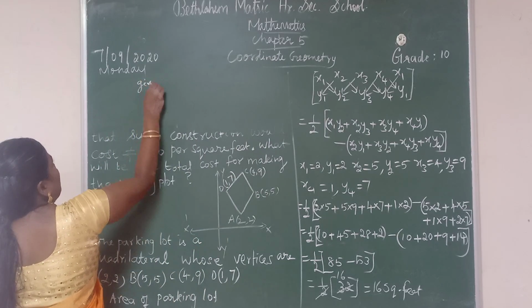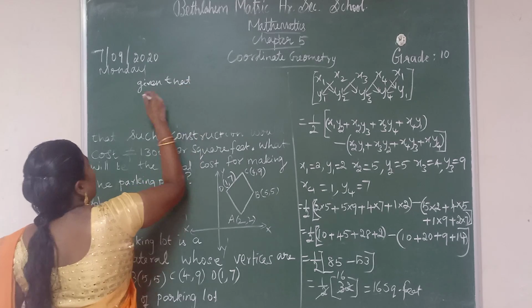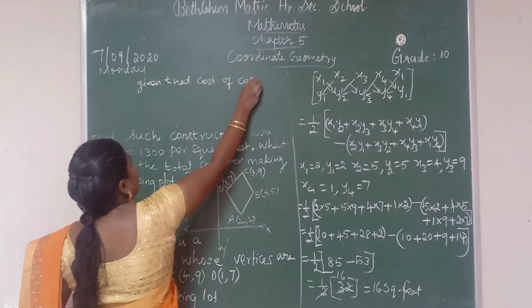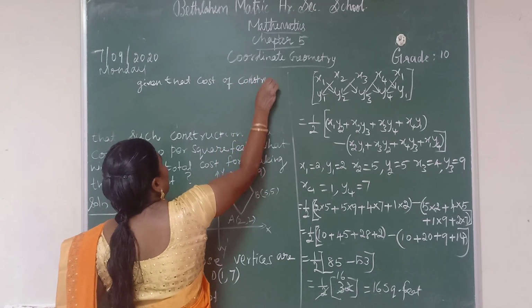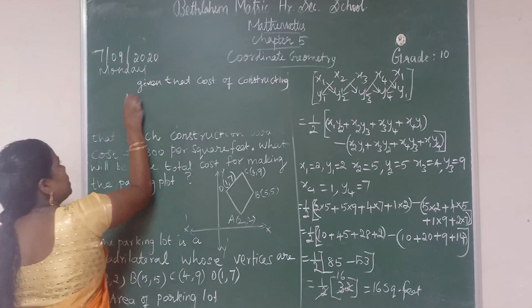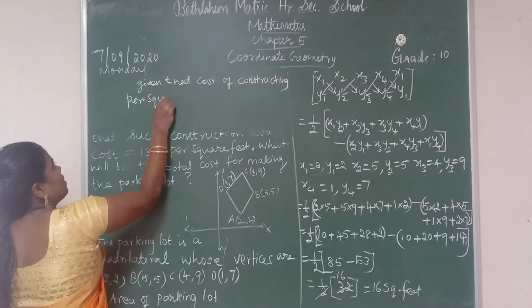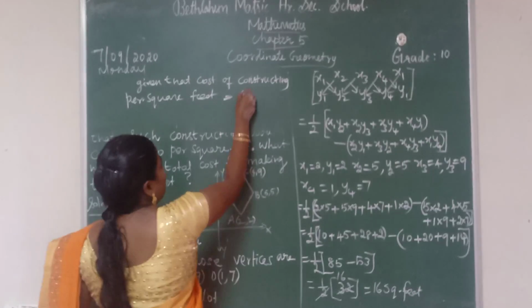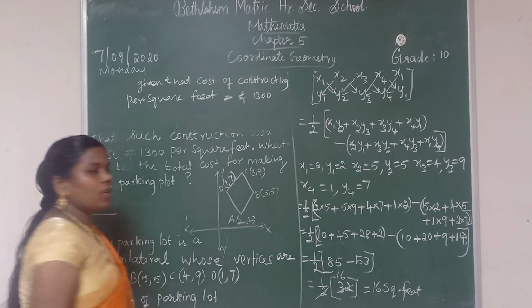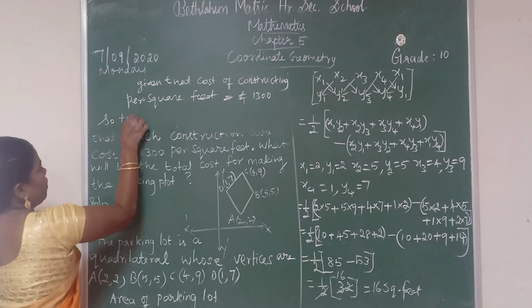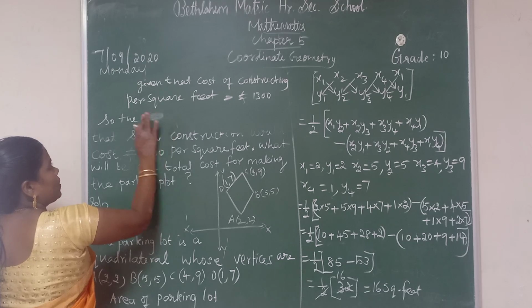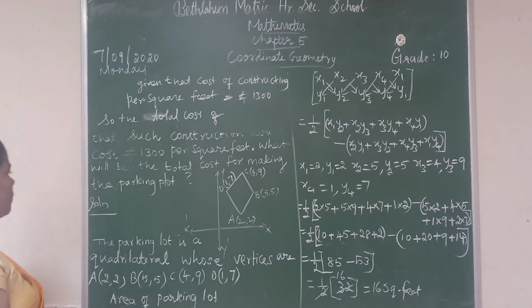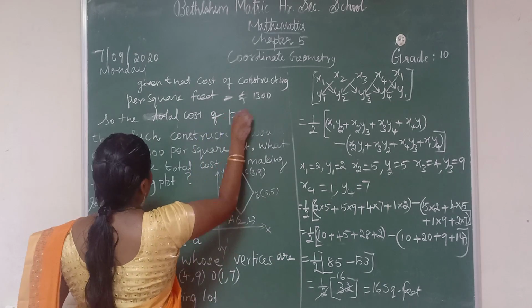Given that the cost of constructing per square feet is equal to rupees 1300. So the total cost of the parking plot